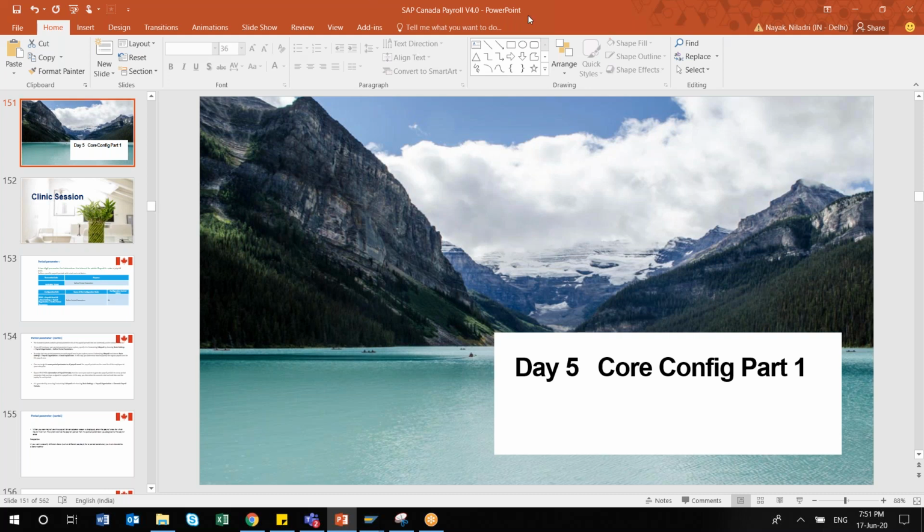What are the different core configurations in a typical payroll? And this is more or less similar, not country specific again. So suppose if you're learning it for Canada payroll, you can still leverage it. There is no difference in some of the configuration, like period parameter, generating the payroll period, date modifier.